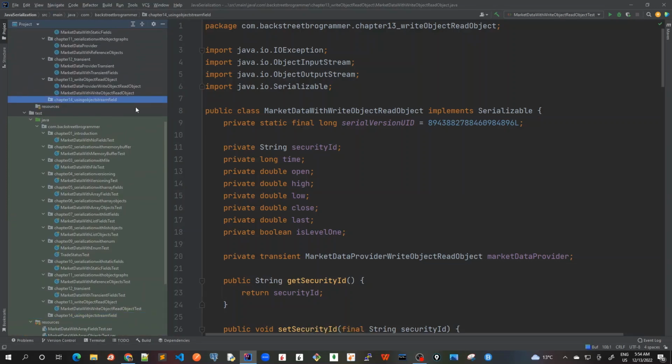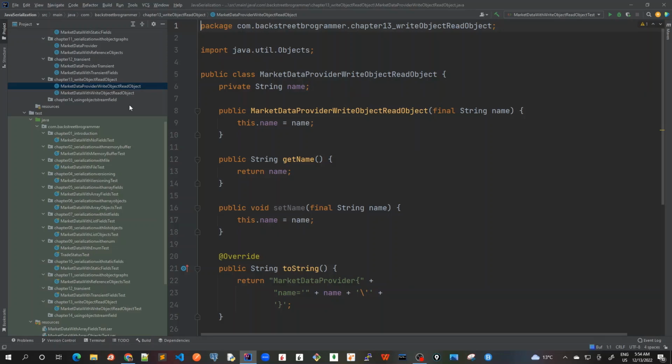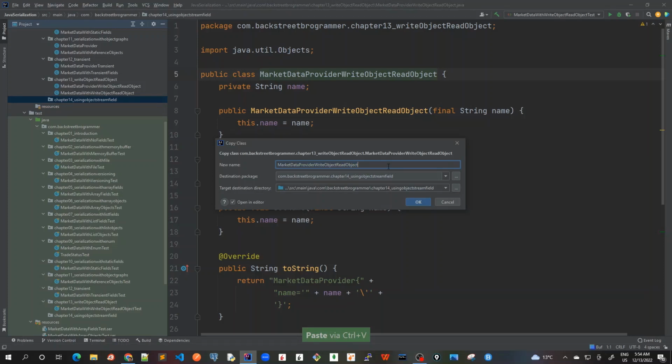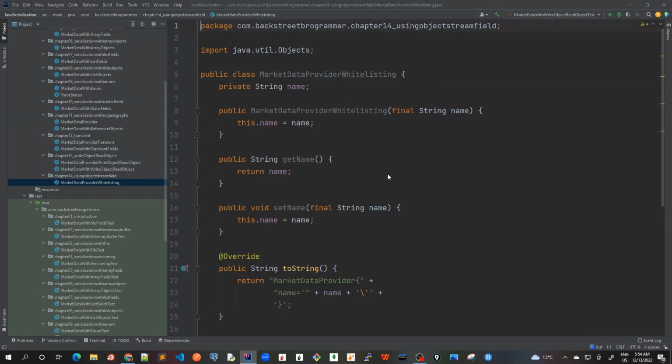Now again, to save some time, I will copy the first of all market data provider from the previous chapter. So I'll copy this, Control C, Control V, and I will change the name. Something as whitelisting maybe, market data provider whitelisting. By whitelisting means that we are going to use object stream field class. Okay, so I've created this,